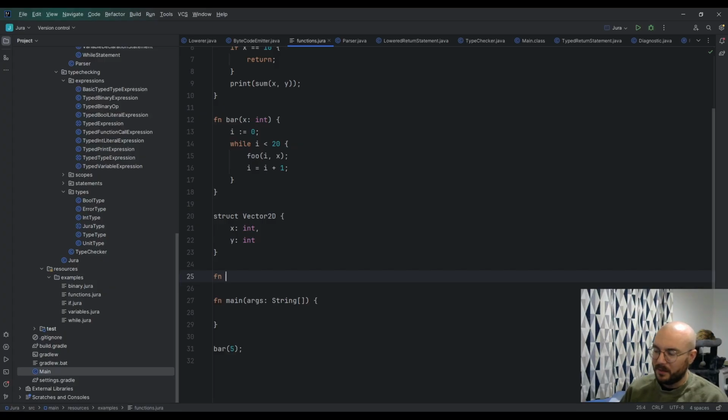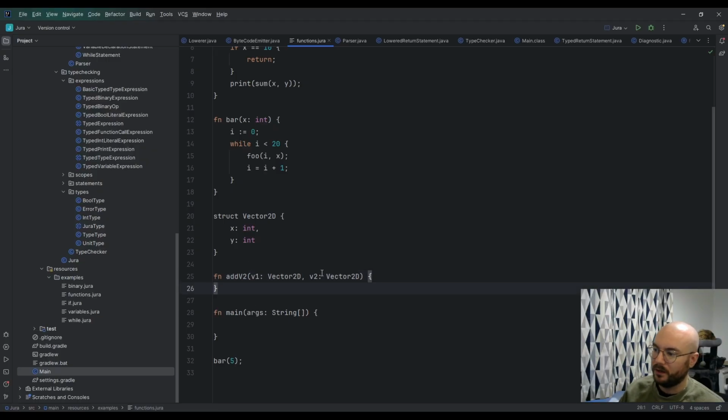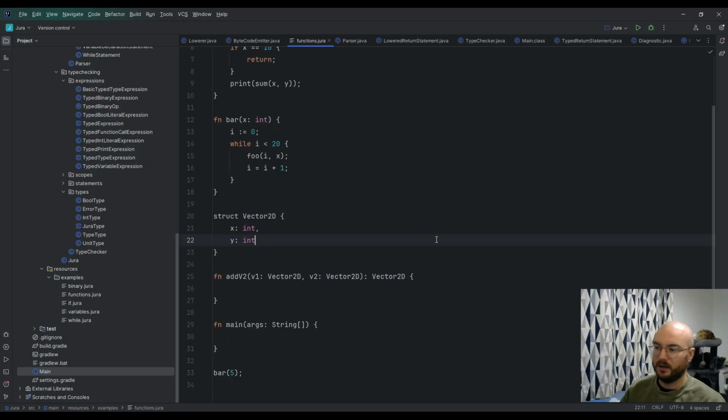So I'm going to have a language construct which is a struct in Jura. If I have a function like add v2, and it takes in v1 vector 2d, v2 vector 2d, and it returns a vector 2d, sure. If these were